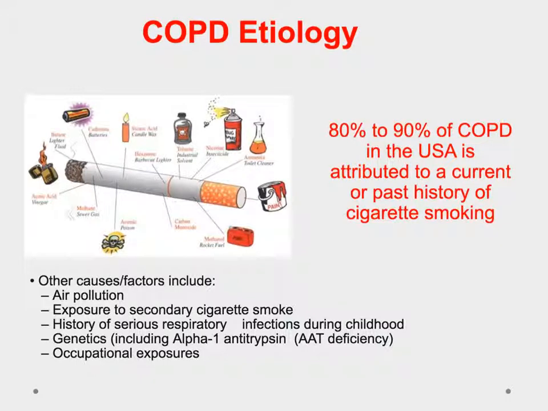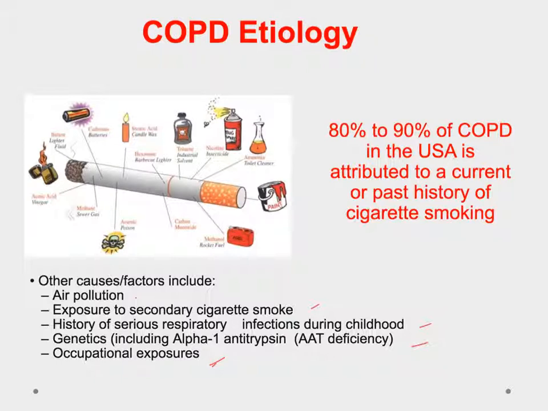This is just a visual reminder of all the things that are risk factors for a COPD problem, and I think we already listed most of these: the air pollution, exposure to secondary smoke, any person who has an already chronic respiratory problem. It can be genetics, and it can be occupational exposures. As far as occupational exposures,